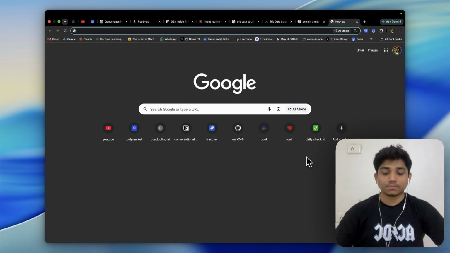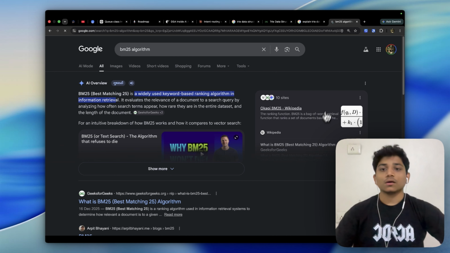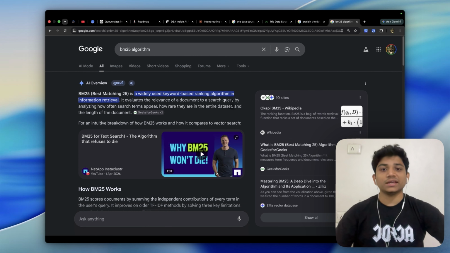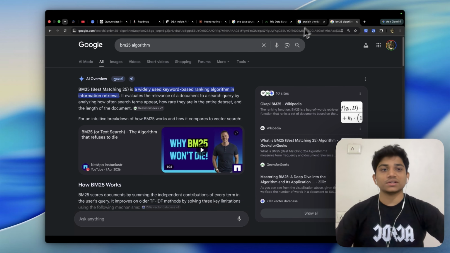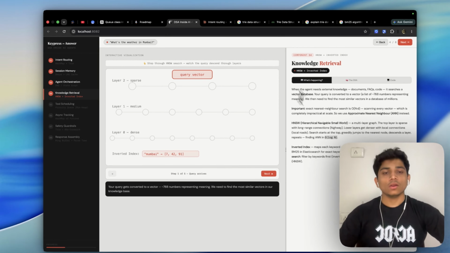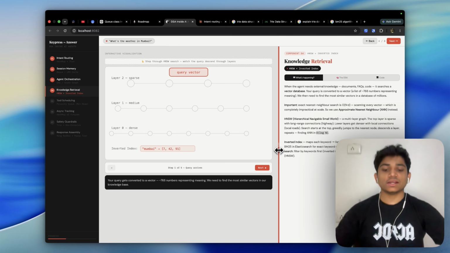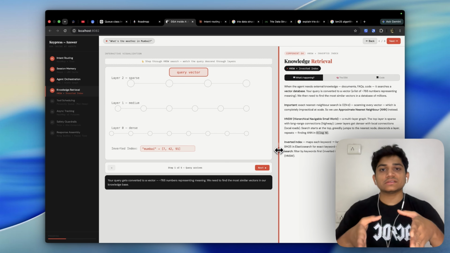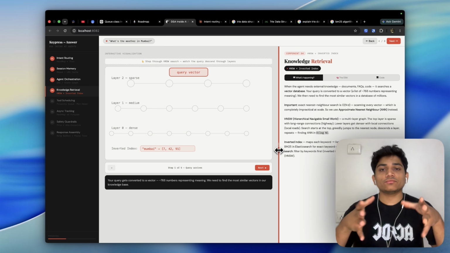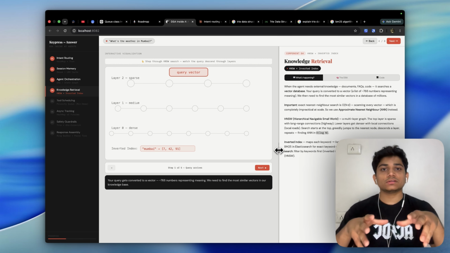BM25 is the Best Matching 25 algorithm, which is widely used as a keyword based ranking algorithm in information retrieval. If you have millions of documents, first we narrow them down using a keyword search, so that okay, there are like 14 or 15 documents which